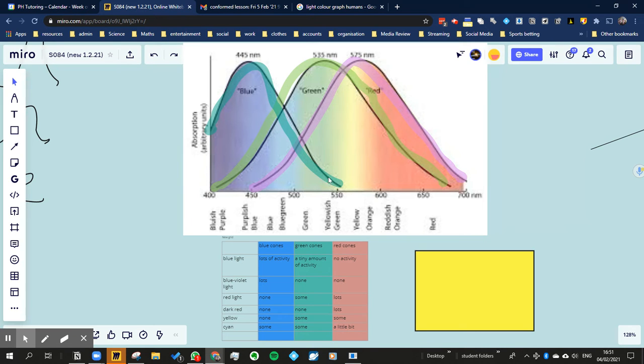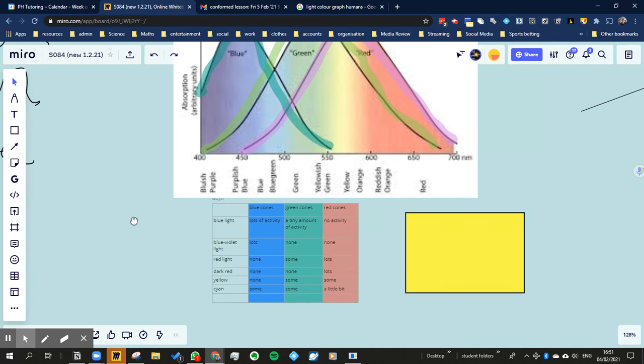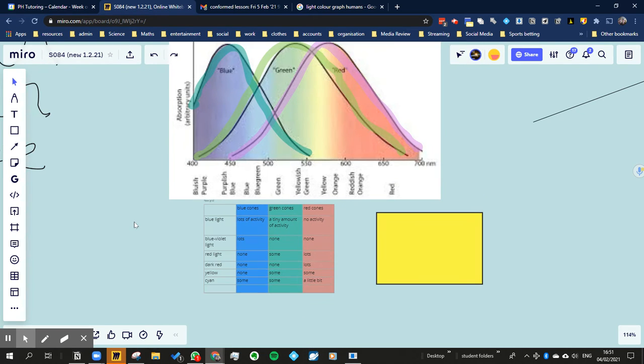So our blue cones don't really detect anything, but our red and green cones detect roughly the same amount. The same with cyan, which is a kind of sky blue color over here. For cyan, our blue cones detect a fair amount, and so do our green cones, roughly about the same amount again. So basically, computer monitors and TVs